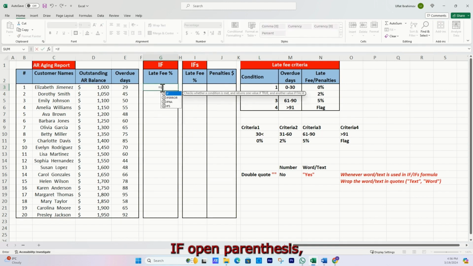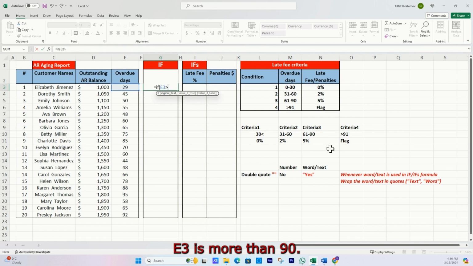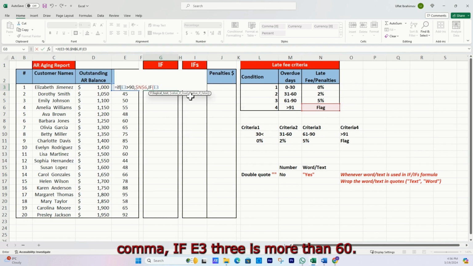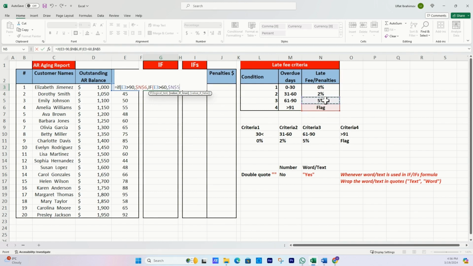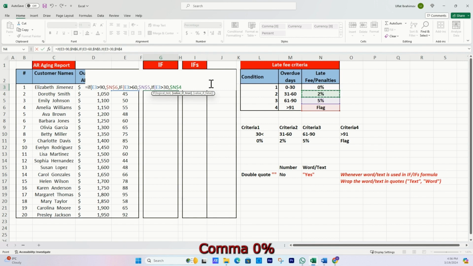Equal IF open parenthesis, E3 is more than 90, I would like it to return flag, comma, IF E3 is more than 60, I would like Excel to return 5%. If E3 is more than 30, I would like Excel to return 2%. If E3 is less than 30, I would like Excel to return 0%, comma,